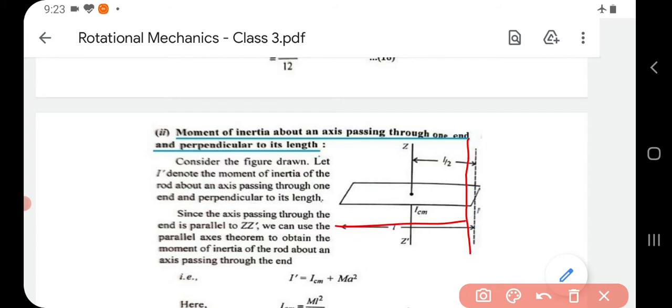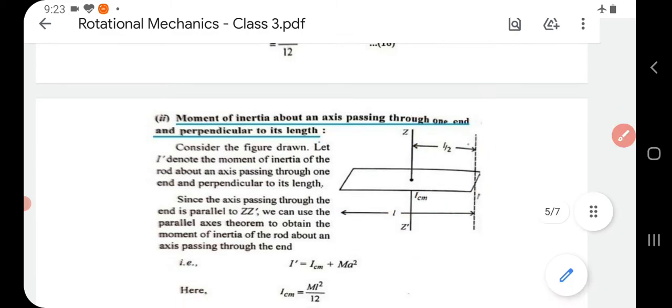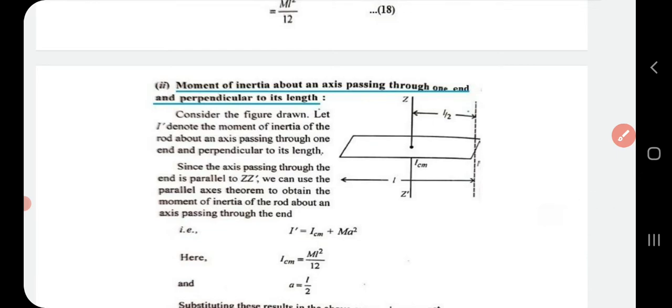In the first case, you found the moment of inertia about an axis passing through the center. Now you are going to find the moment of inertia about an axis passing through one end and perpendicular to the length. For that, consider this figure, and you have to draw this figure also. And let I dash be the moment of inertia of the rod about an axis passing through one end and perpendicular